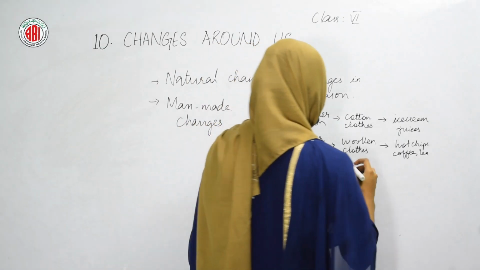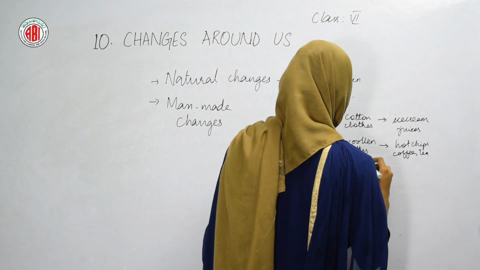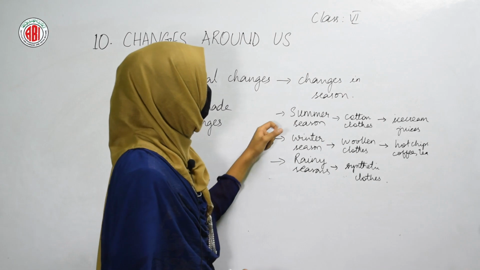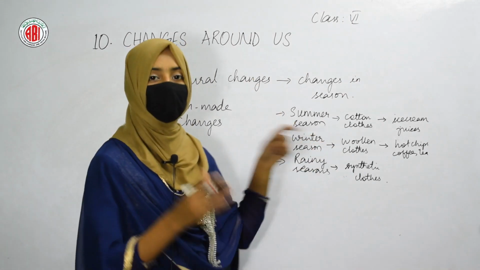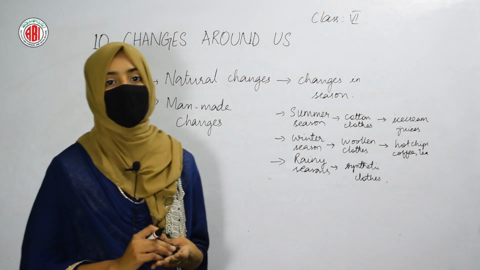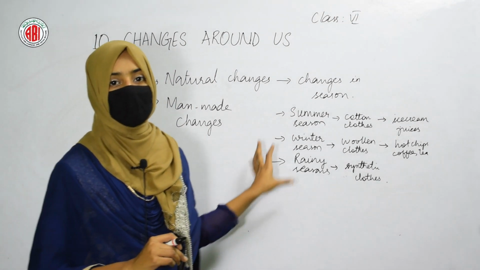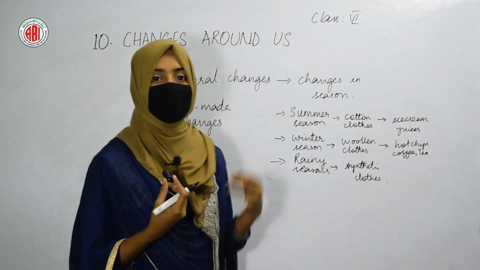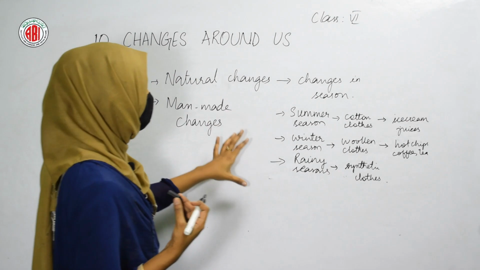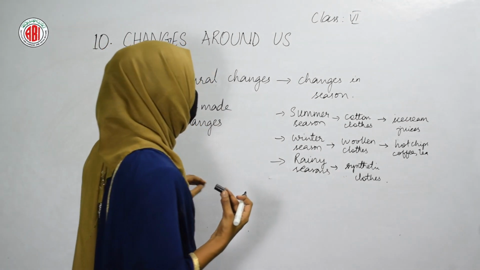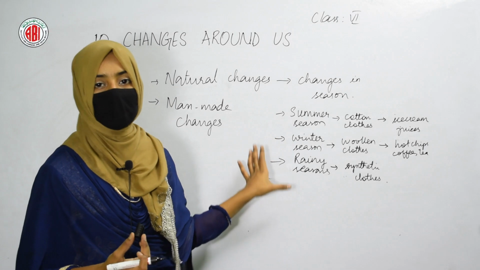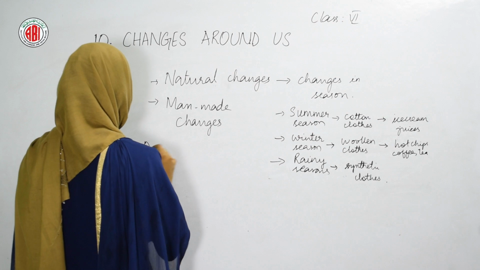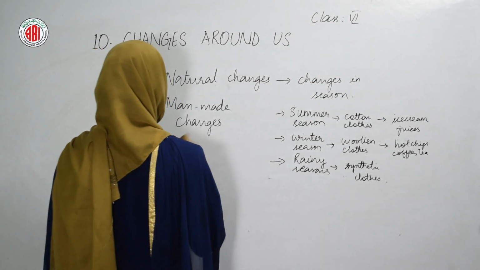During rainy season, we wear synthetic clothes to protect ourselves from rain. So in this way, during different seasons, we wear different clothes and have different food items. The changes in the atmosphere make us change our wearing style as well as food style. These are some of the changes that occur naturally in the environment, and due to them the season also changes. We can also find a change in the duration of day and night because of the changes